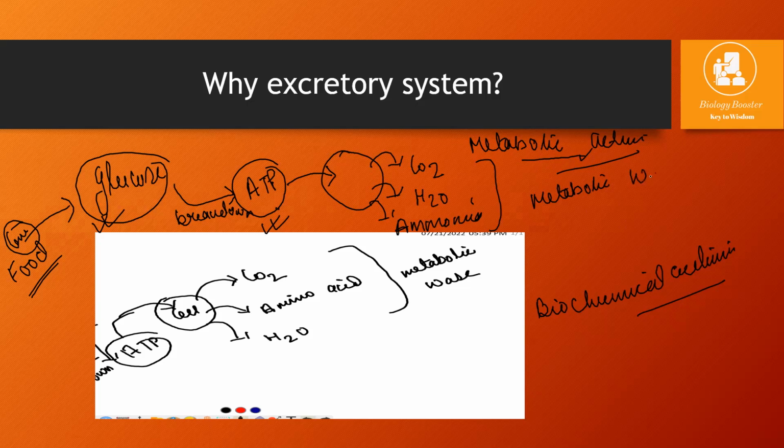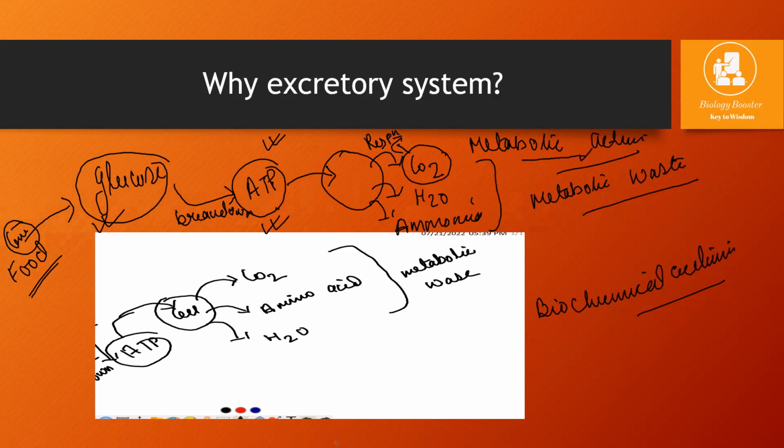ये जो metabolic waste है, इसको कैसे हटाएं? तो कार्बन डाइऑक्साइड के बारे में तो एवरीबॉडी नोज कि हाँ, कार्बन डाइऑक्साइड को तो रेस्पिरेशन ठिकाने लगा देगा, राइट? Respiration will take care of this carbon dioxide, but a bit of carbon dioxide along with the urea is also filtered out by the kidneys. Still, कार्बन डाइऑक्साइड, वाटर और अमोनिया जो मेटाबॉलिक वेस्ट है, इसको बॉडी के बाहर निकालना है, और इसीलिए हमारे पास ये सिस्टम है एक्सक्रीटरी सिस्टम.